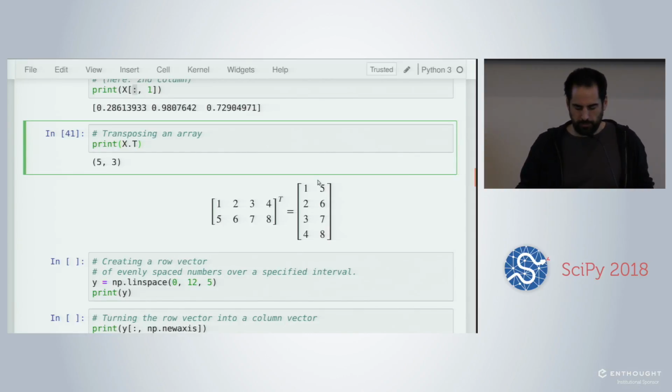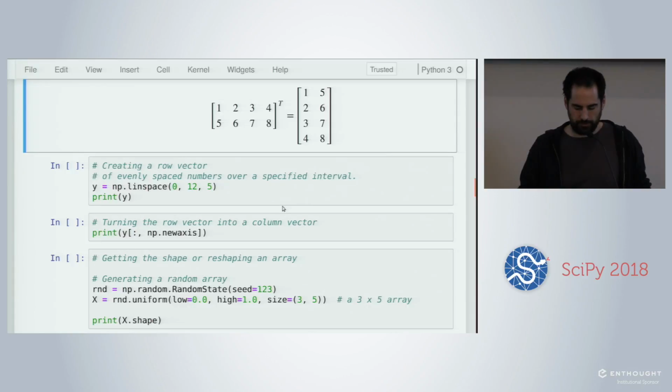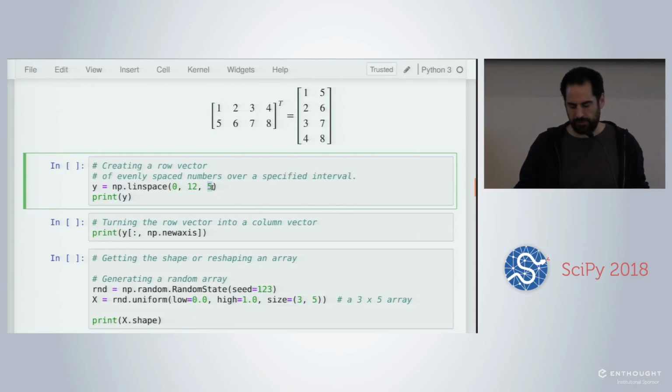You can also get a full row instead of a single element of the row. So here we take the full second row. And this is actually a NumPy array. If I remove the print here, you can see it's a NumPy array, and it's basically a slice of the previous array.